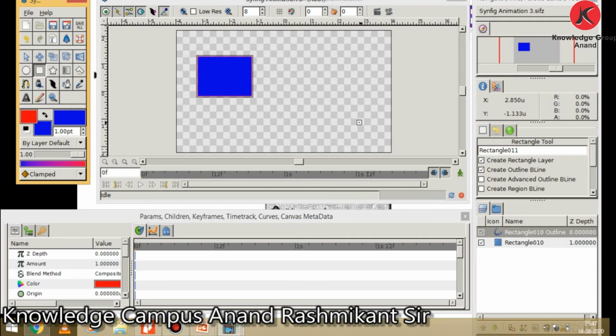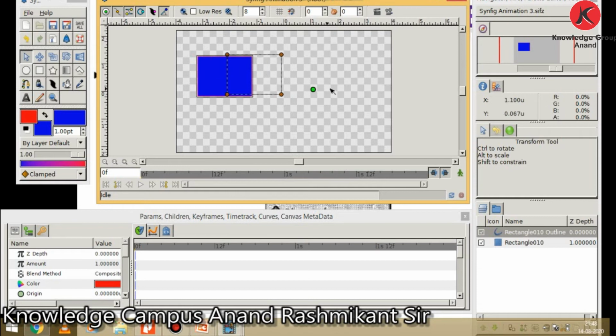We can make changes to the rectangle by selecting the ducks. If they are not visible, select the transform tool. If you want to move it, choose the green duck. By using the green duck, you can move it.